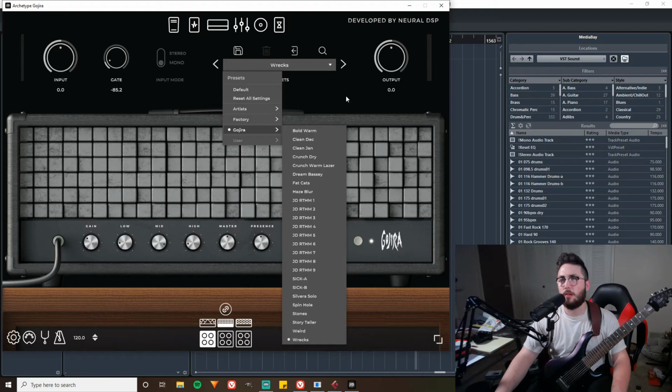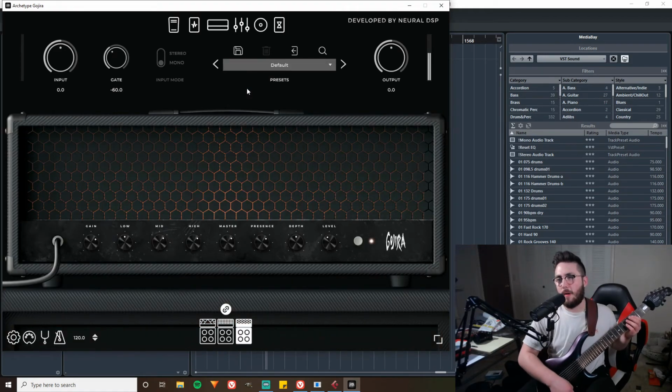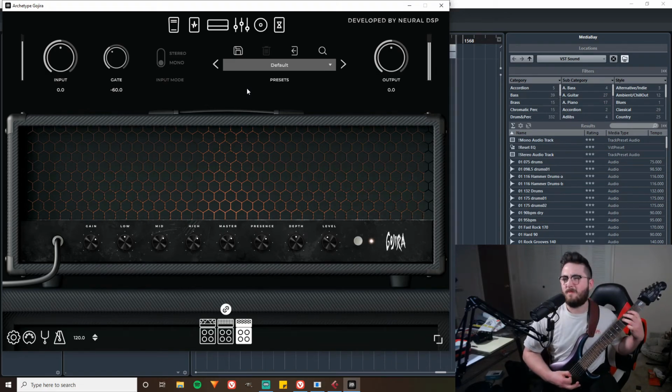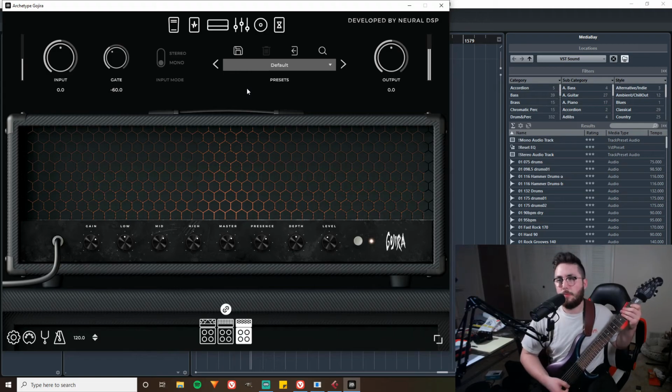But regardless, there's so many different sounds that you can make with this thing, and right off the bat, even if you're just looking to start off with a chunky tone, the default is perfect. I mean, albeit my playing's not so great at 2:30 in the morning, but